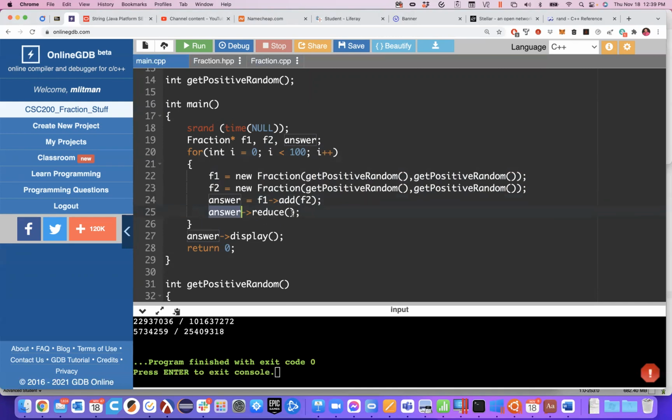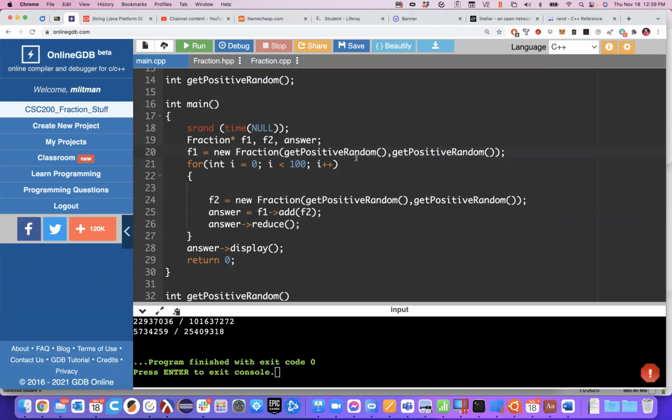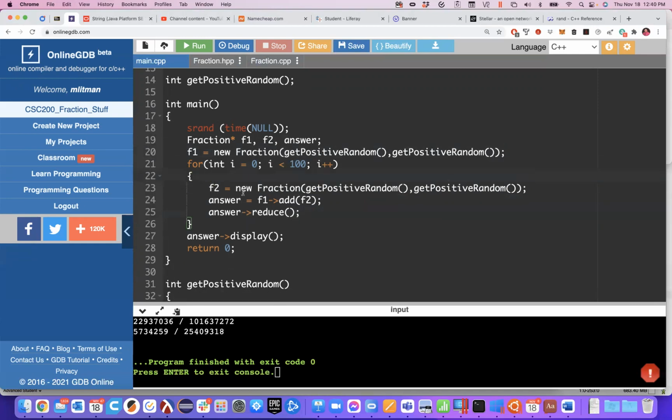Now what I'm going to do is I want that to be on my running total here. So I'm going to start F1 off before this. And I'll go ahead and get a F2. I'll get my answer. I'll reduce my answer. Then I'm going to set,